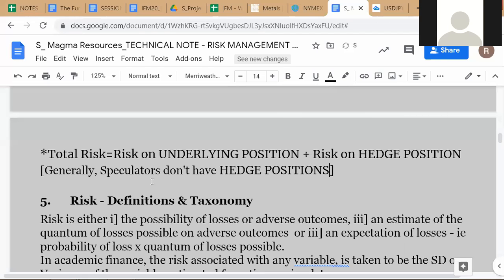So therefore, for speculators, what will happen is total risk is just the risk on the underlying position. Okay. There is no hedge position for speculators. So hedge position is zero always. So the total risk, therefore, is underlying position risk, which is basically the total risk. This is a bit like an option price for an option which is out of the money. So there is no intrinsic value, so all the value is coming from the time value. So in that sense, for speculators, total risk is equal to risk on underlying position, except for some cases where they